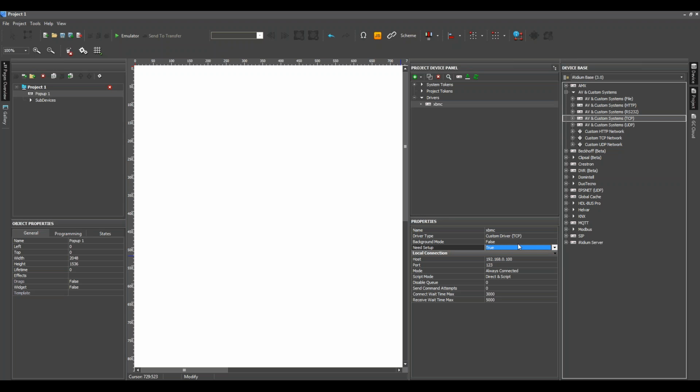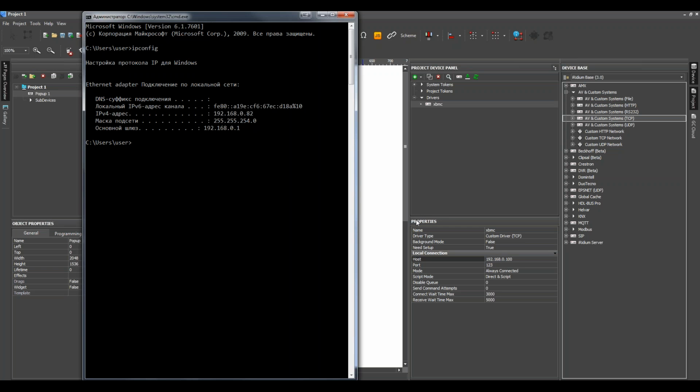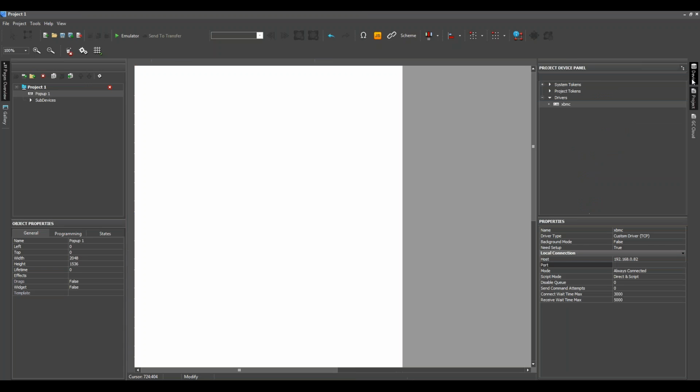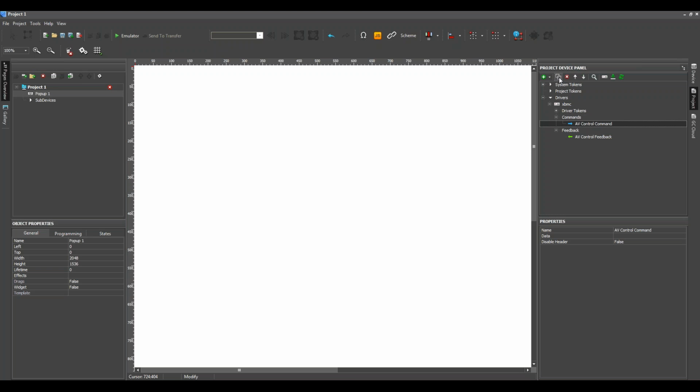So let's set Need Setup true, and now we should set the host. It should be 82 for my XBMC, and the port. Okay, here it is.